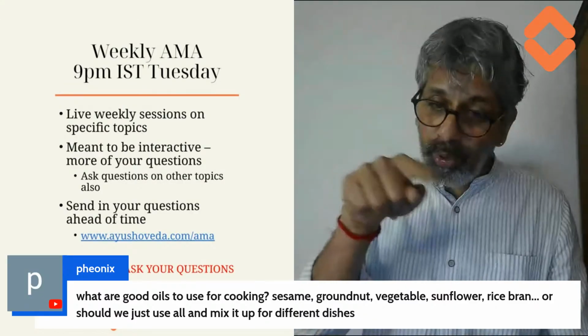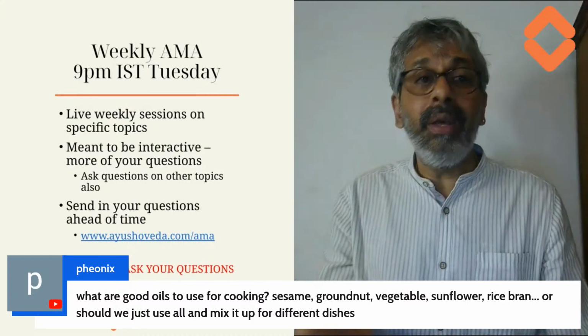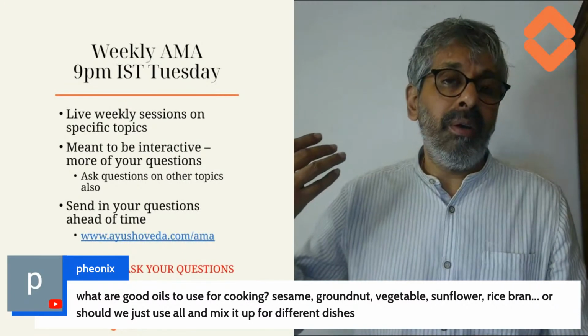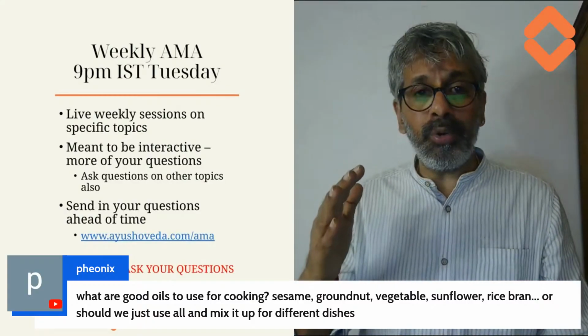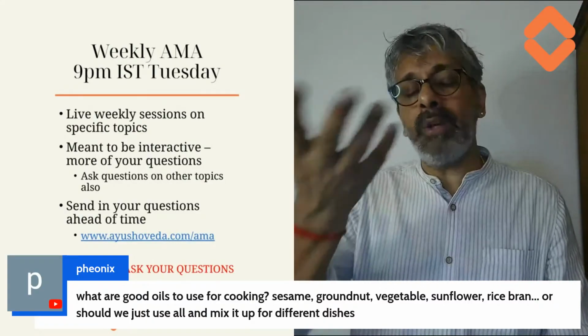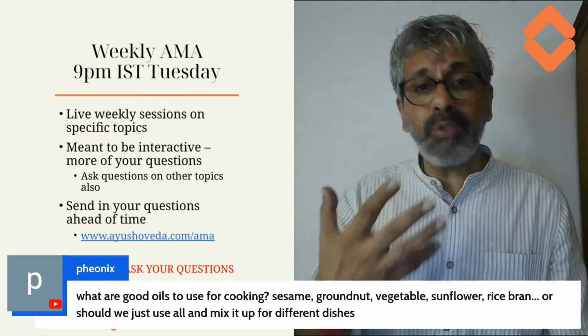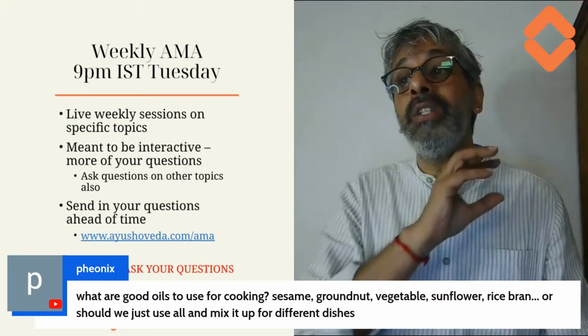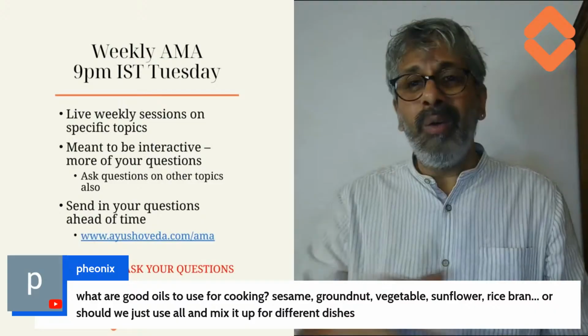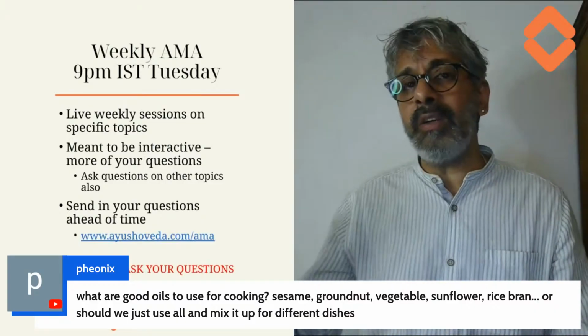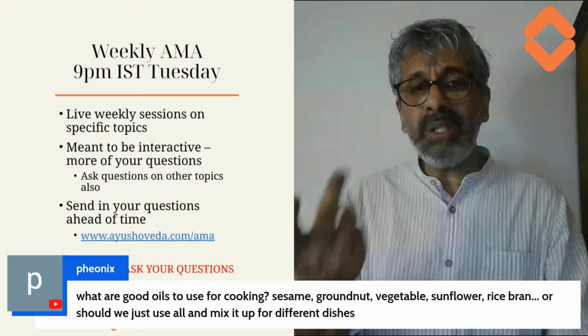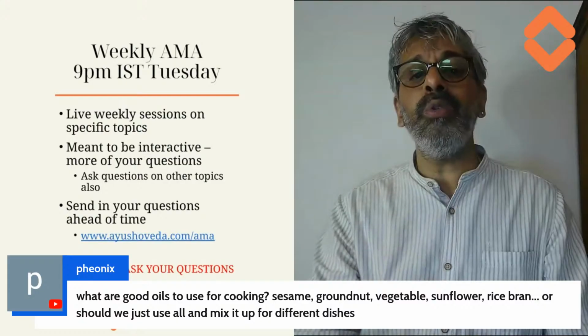Sometimes when I go to Tamil Nadu, when they give me that podi, they add sesame oil in it. That makes it tasty. I do have it. But by and large, my cooking happens in coconut oil. So try to understand genetically what oil you are used to, what your parents and great grandparents used. I think that should be the first choice or the general usage. Once in a while, according to the dish, you can change it. But otherwise, stick to one oil which you're genetically used to.